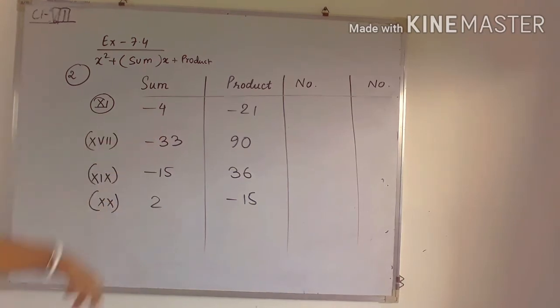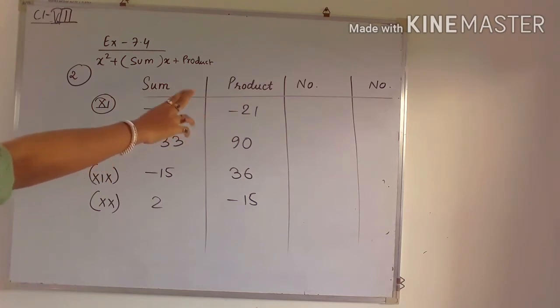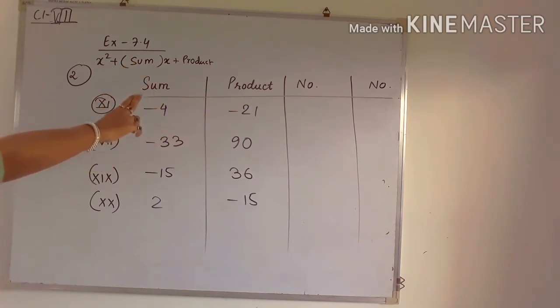Okay, here. So see the first question of number 2, number 11. I am doing number 11. So here you can see the sum is -4 and the product is -21. So by seeing sum or product, okay, by seeing either one of them, you can easily predict what are the two numbers which we multiply to get the answer as -21, and after adding the two numbers we will get -4. Okay, so see one process I am going to discuss here.